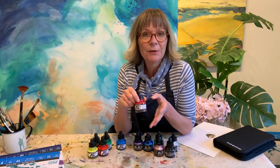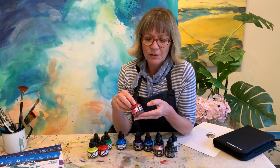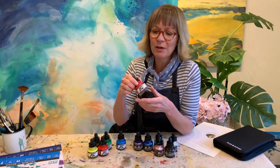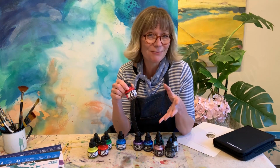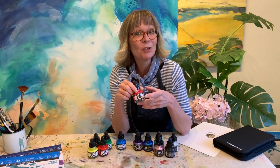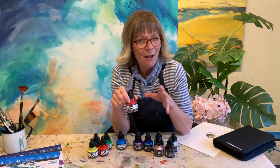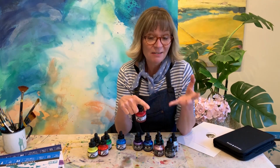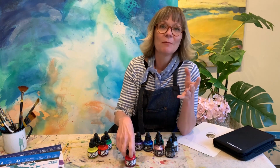Now at Daler-Rowney FW inks. So like System 3, they're also acrylic based, but these come in a range of over 45 colours, and that's not even including the pearlescence. Like System 3 inks, they're also water resistant and light fast, so you can apply them on all sorts of